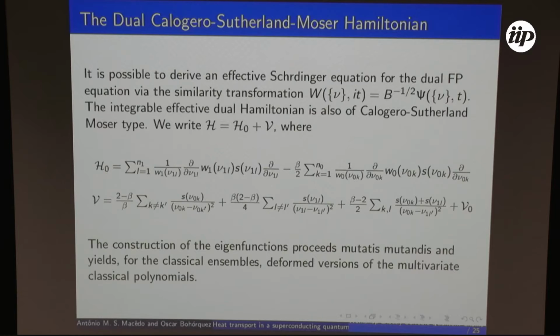Okay, next step. This is still the technique. I'm presenting you the technique, and then I'm going to show you how to solve the specific problem with the technique. So the last step of the technique is to find the corresponding problem in dual space. We have already seen that solving the problem in the original space doesn't help much because we still have to do the integrals, and the integrals are very hard to do. And we want explicit solutions. So what you do is you perform a Calogero-Sutherland-Moser type transformation.